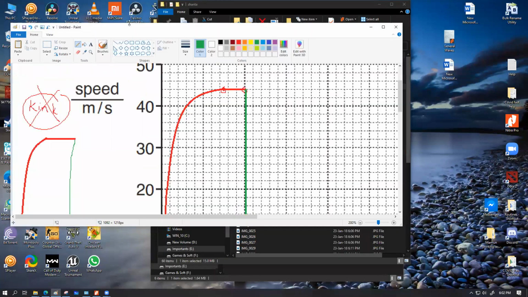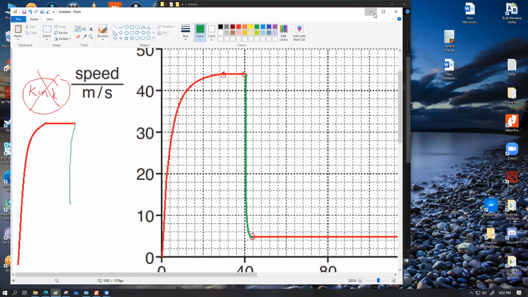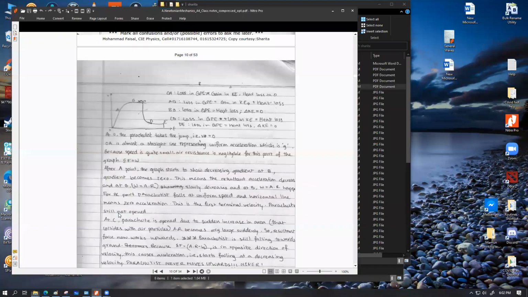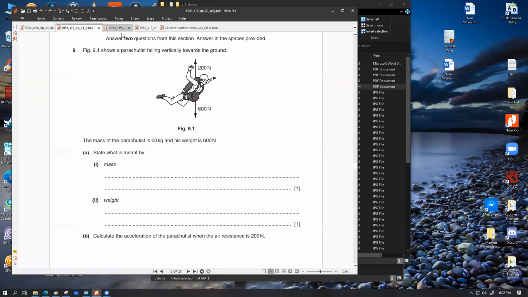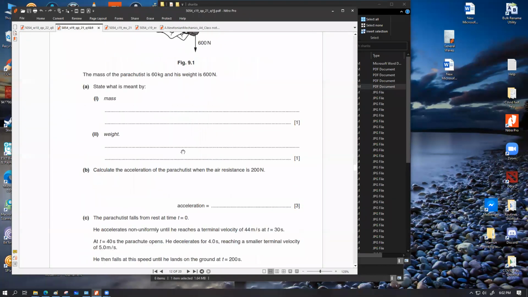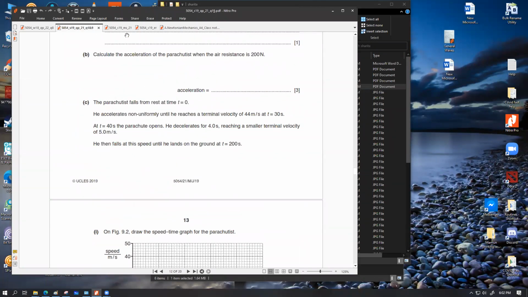Just to observe, let's have a look at the examiner mark scheme and the examiner's report and find out what the examiners were expecting out of us. এটা ছিল কত নম্বর কোশ্চেন জানো? ছিল কোশ্চেন নাম্বার 9 এর C1। এটা হচ্ছে 21।